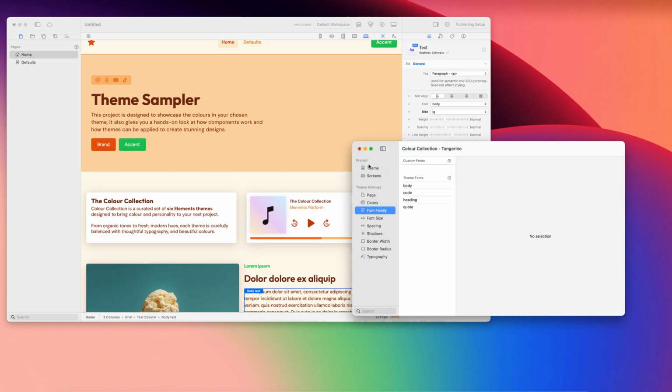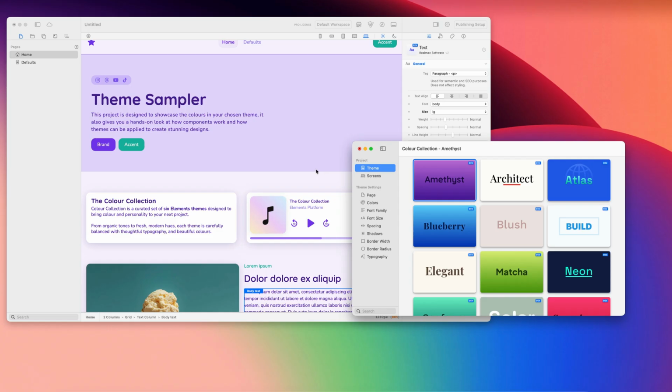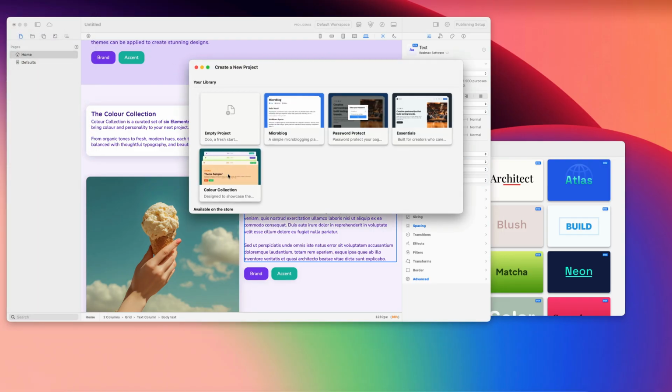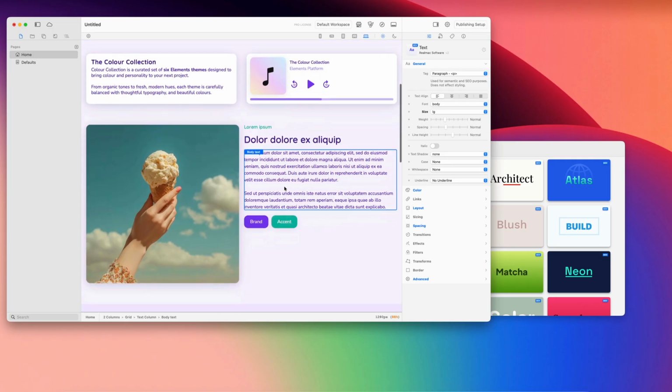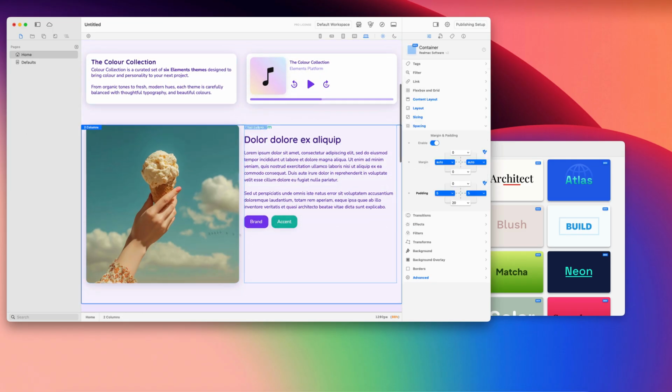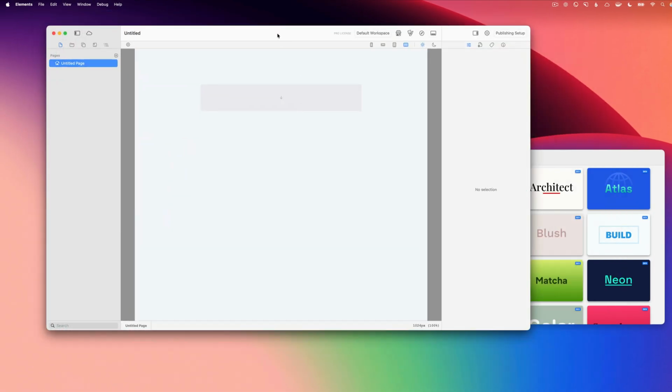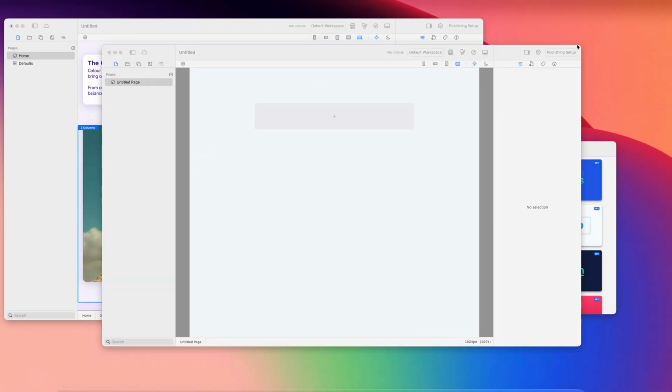So let's just remove these. So yeah, this is the color collection project that will be, if you purchase the collection, available there for you to use and have a play around with. And if you want to use any of these settings, any of these sections, let's just create a new project. We'll create an empty project. If you want to use any of these settings,